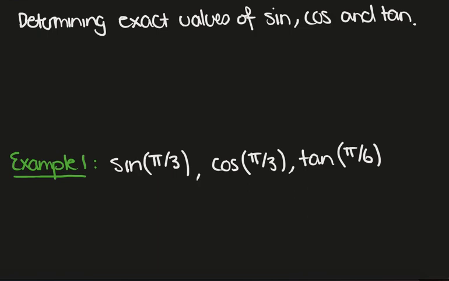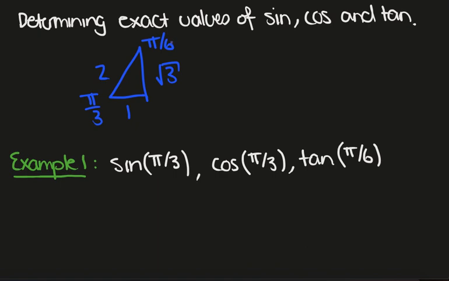Okay, in this video we want to look at determining exact values of sine, cos, and tan. The way we're going to do this, and the way that I really suggest doing this, is to use the triangle 1, 2, root 3 with the angles pi on 3, pi on 6. This is much simpler than using something like the unit circle, and it's very easy to remember because you just go 1, 2, 3, just remembering to put a square root on the 3,